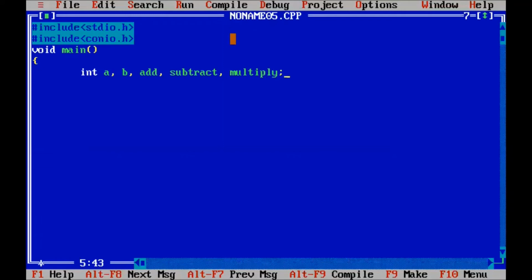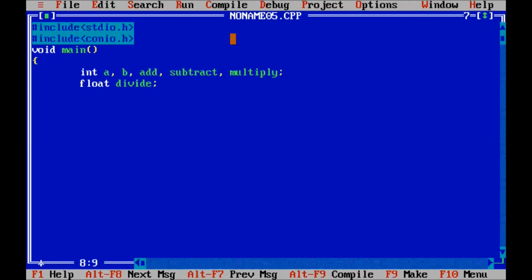We take a, b, add, subtract, multiply as integer data type, and we take divide as float type because the divide value may have a fractional part or be a decimal.